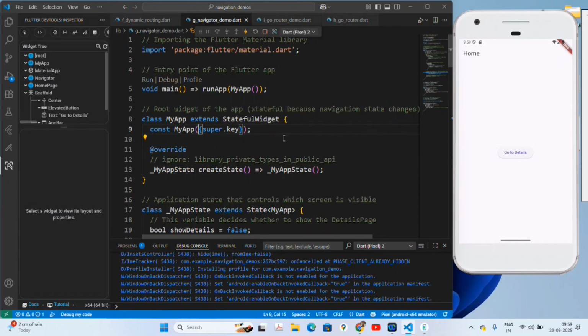Now why StatefulWidget? The root widget of the app is stateful because navigation state changes. Whenever I go to the detail screen my state changes, and whenever I come back to the home screen again my state changes. That's why we have defined a StatefulWidget. Now inside the constructor, we must override the createState method which returns my app state of